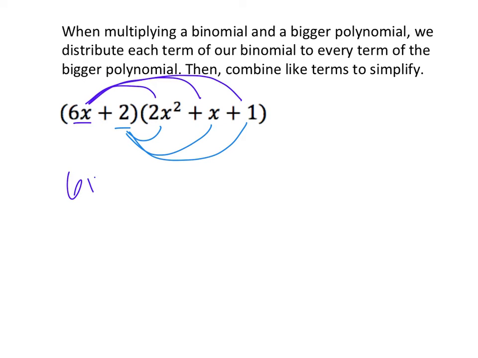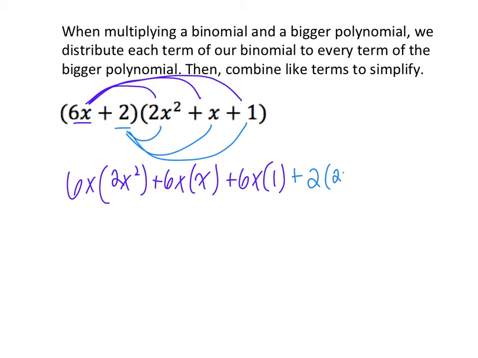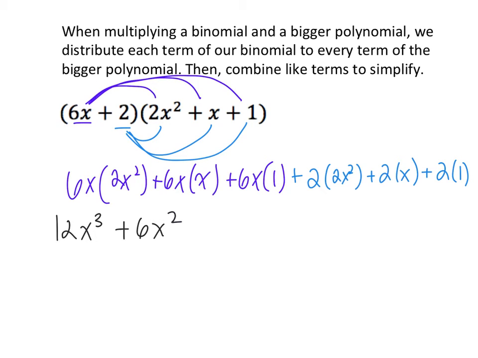So we have 6x times 2x squared plus 6x times x plus 6x times 1. Then I multiply the other one, so I have plus 2 times 2x squared plus 2 times x plus 2 times 1. Then we'll multiply and combine like terms. So this will give us 12x cubed plus 6x squared plus 6x plus 4x squared plus 2x